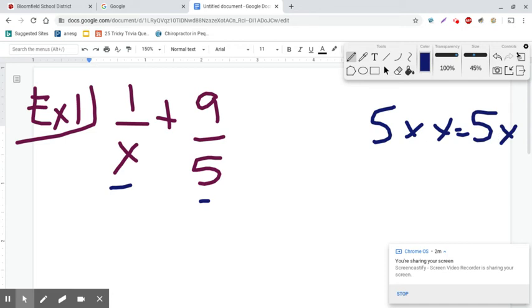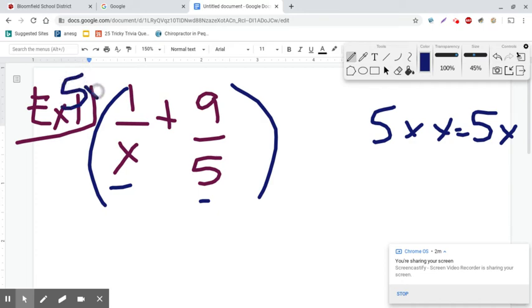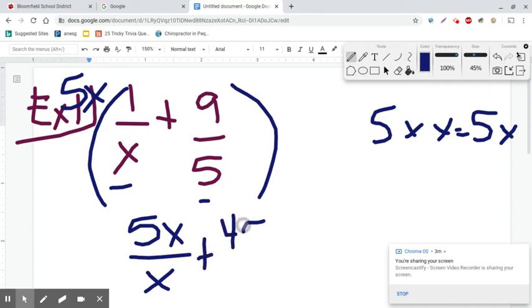So we're actually going to multiply this whole thing, everything, by 5x. Okay, so now that's going to give us 5x times 1 gives us 5x. And you keep the same denominator. 5x times 9 gives us 45x